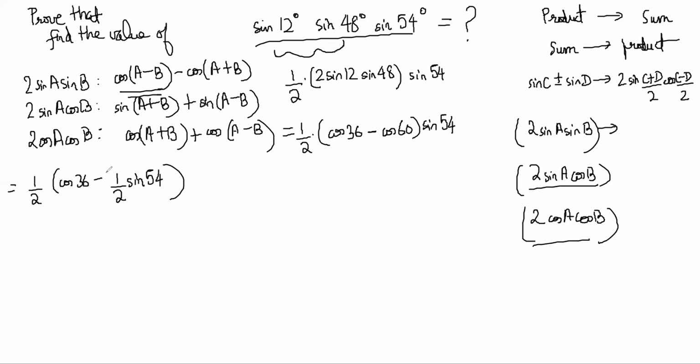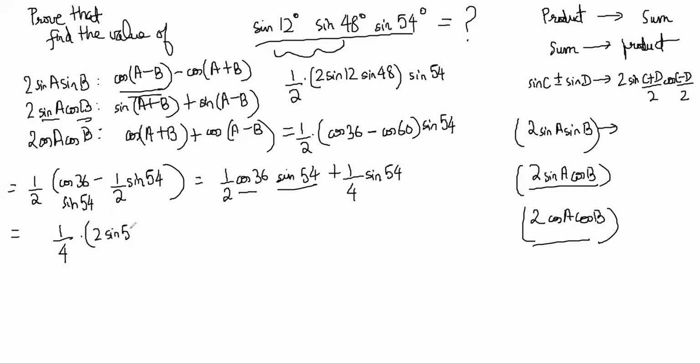Oh, I have made a mistake. Sin 54, if you put it inside, then you also have to multiply by sin 54 here, right? Yeah, that's right. So this becomes half cos 36 sin 54 plus 1 by 4 sin 54, right? So now we have a sine and a cos multiplied together. We can again make it into a sum or difference. So this can be written as 1 by 4 into 2 sin 54 cos 36